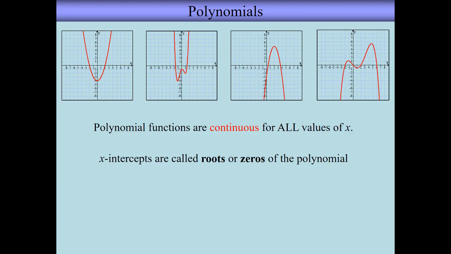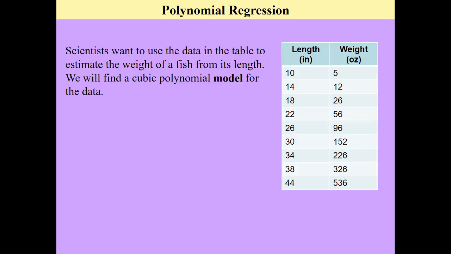Now, polynomials are continuous, meaning one continuous line without any breaks in it for all values of x. Where it crosses the x-axis, we call that the x-intercepts or the roots or the zeros of the polynomial, and that's oftentimes what we're interested in finding for polynomials. The process for finding that algebraically is fairly involved. However, the problems we're going to be taking a look at involving polynomials are, first off, how do we use